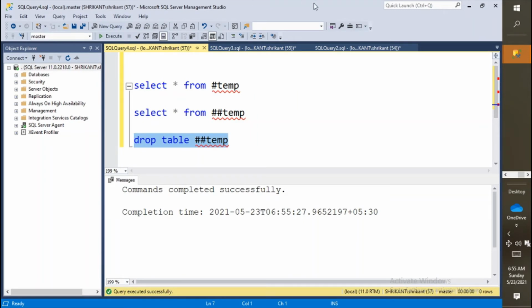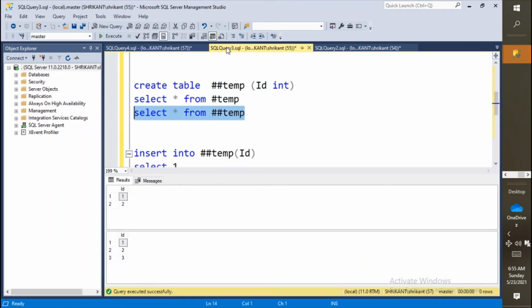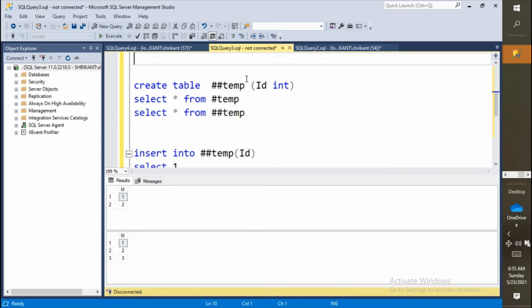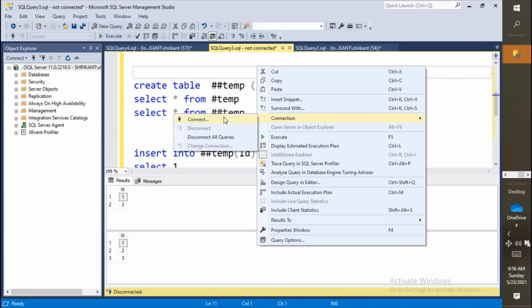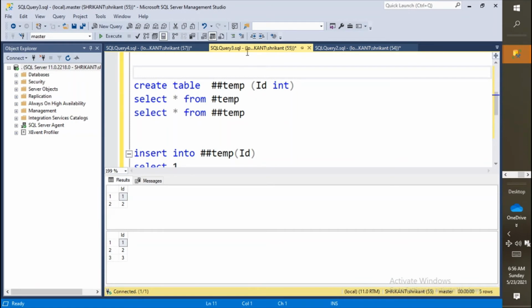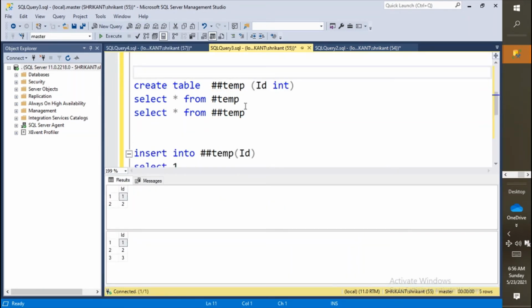Great. Now what are we going to do? I'm going to show you the next demonstration here. Let's say now this is my session 55 and I'm going to close it. How do I do that? I just need to come here and disconnect. The moment I click on disconnect, this session will be closed from the server. Again connect it. Okay. Now here the session ID 55 is created. Now again come here and let's run the query.